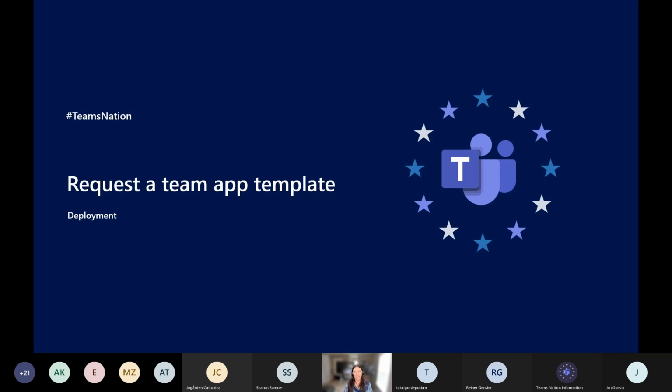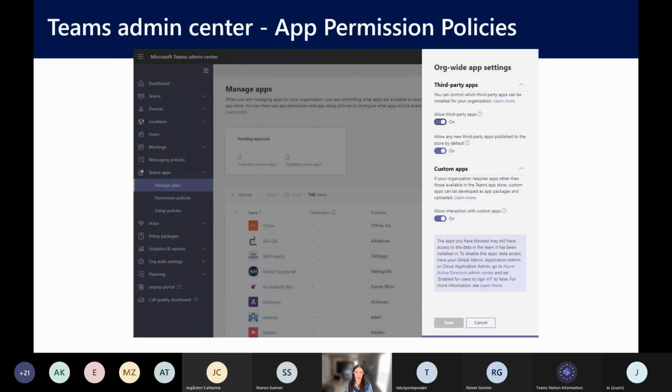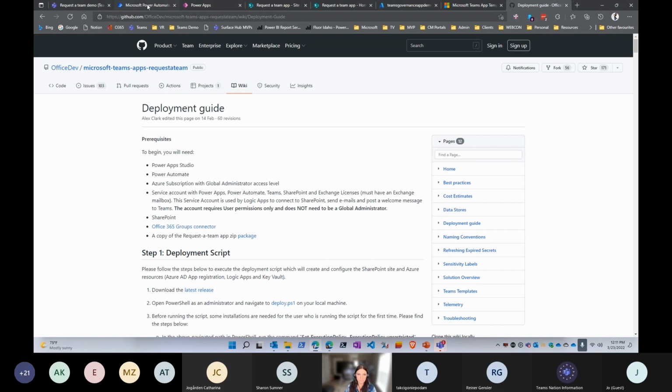But for the purpose of this session, due to time, I'm not going to do the full deployment, but what I'm going to talk through is the actual steps. So for any of you that decide to deploy it, you'll have the tools to be able to do that. Now, there's a couple of things that have to be involved, and my screenshots might be outdated, but